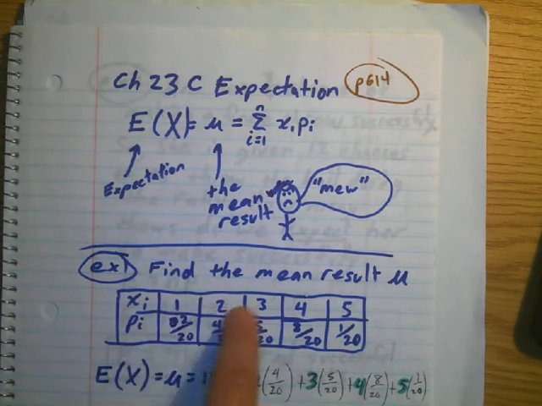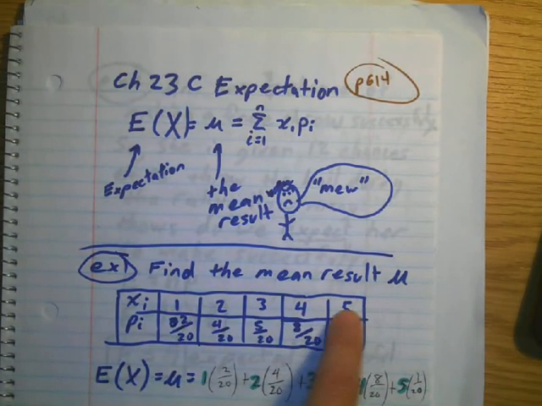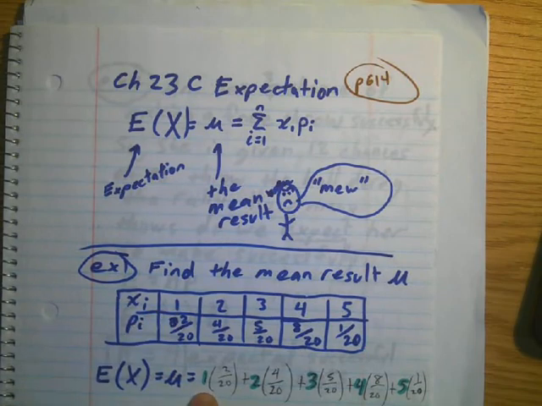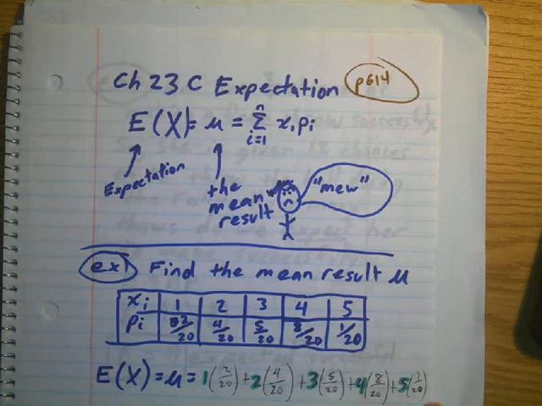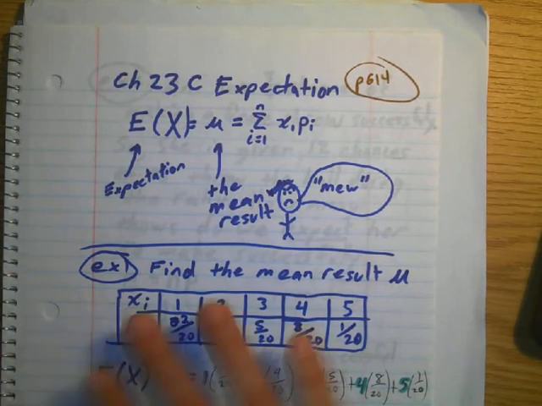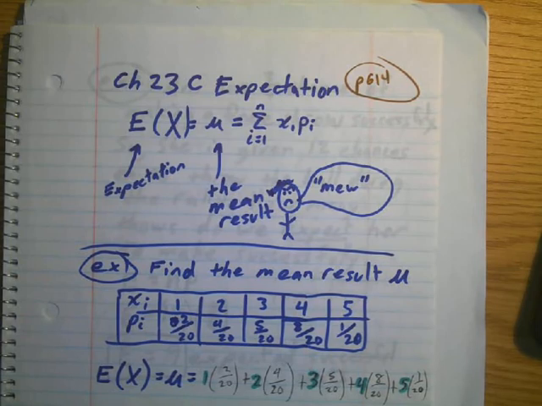These values are the expected values, or the result. So if I multiply 1 times this probability, plus 2 times that probability, plus 3 times this probability, plus 4 times this probability, plus 5 times this probability, and then add all these together, I end up with this, which is about 3 1/10. So if I was randomly picking one of these 5 numbers, on average, I would get 3 1/10.